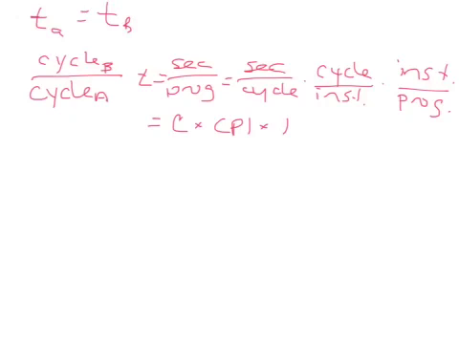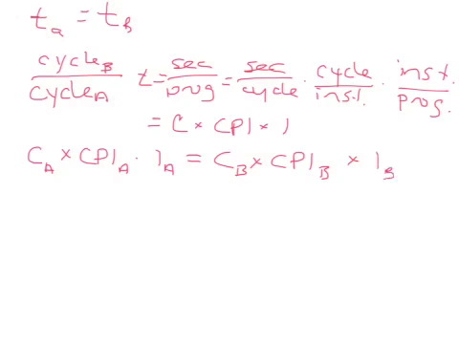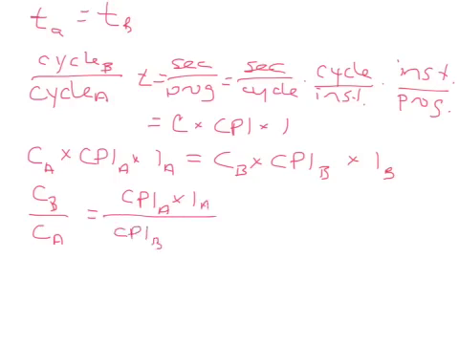So if they're equal, we're going to have C_A times CPI A times instruction count of A equals C_B times CPI B times instruction count of B. So C_A equals CPI of A times I of A divided by CPI B times I of B, and that is